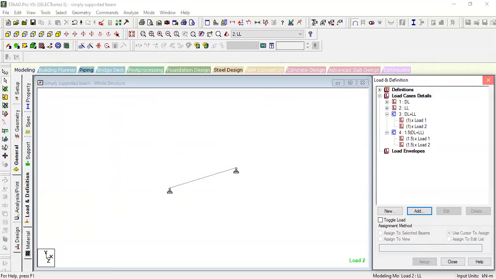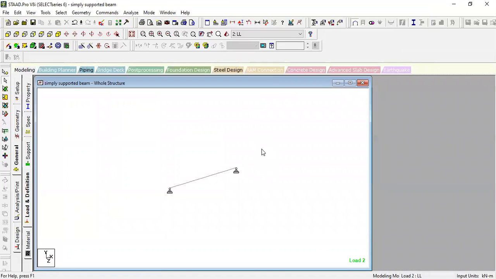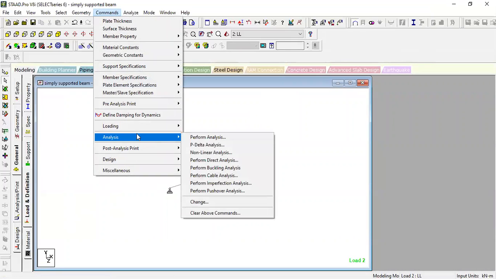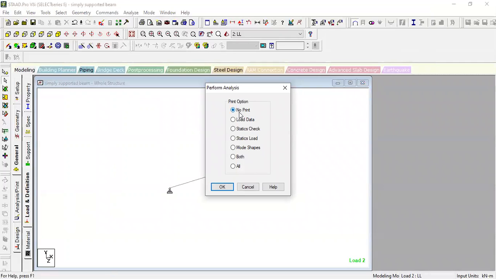Okay, after assigning the loads and load combinations, go to commands. Go to commands and then go to analysis. Click on perform analysis. It will ask for print options. For this one, let us take it as no print is required.